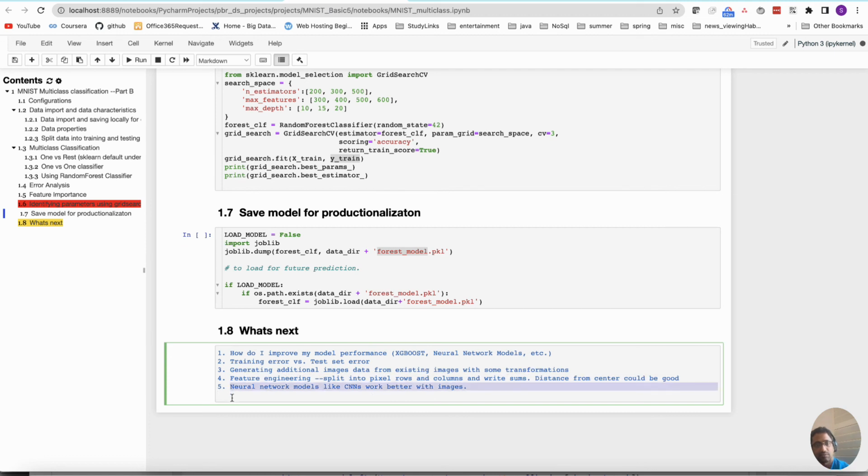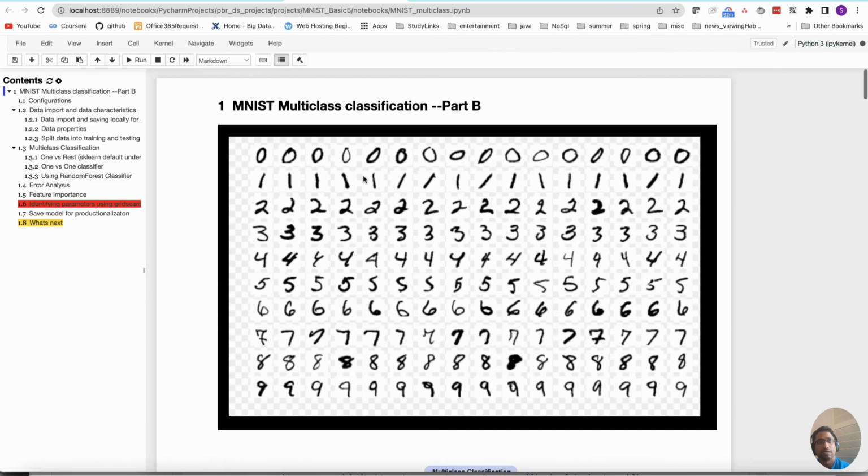Then there are neural network models like CNN. Convolutional neural networks have been shown to work well on image data, and that's something that can also be explored to figure out how the model performs on this. So with this, I conclude the MNIST multi-class classification problem. I think in the next one I can look into multi-layer